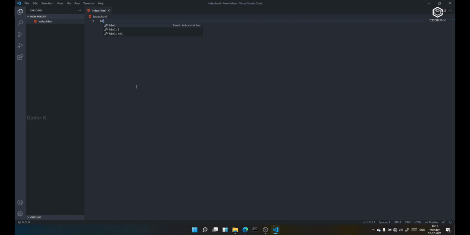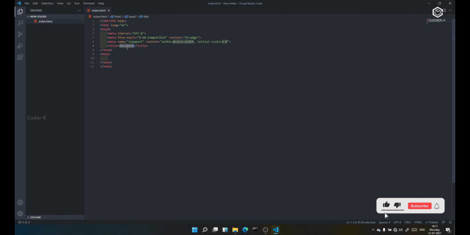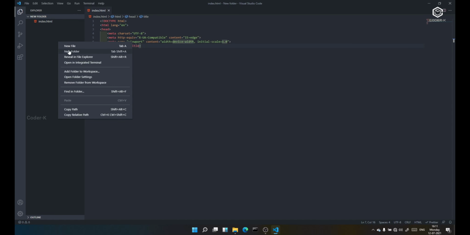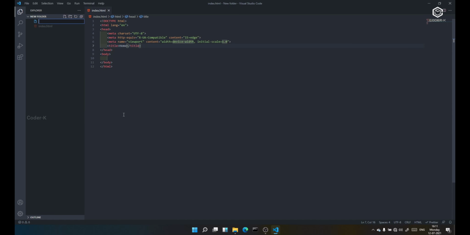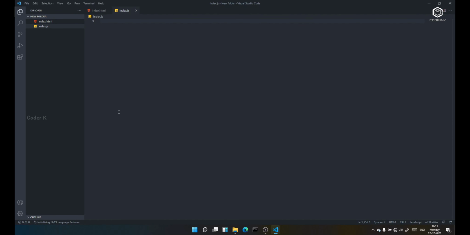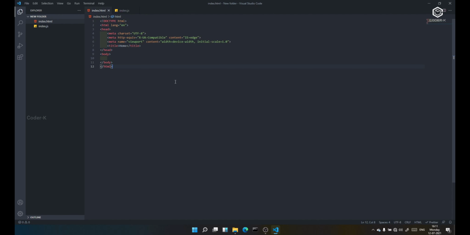Okay, guys. Let me write my basic HTML code. This is the index, so I'd like to give the title Home. Okay, I gave a home page. And also I'd like to create an index.js file. This is an index.js file, guys.